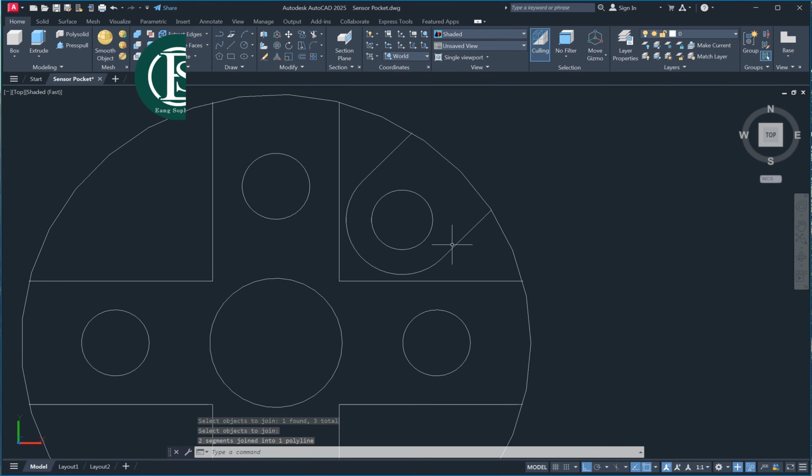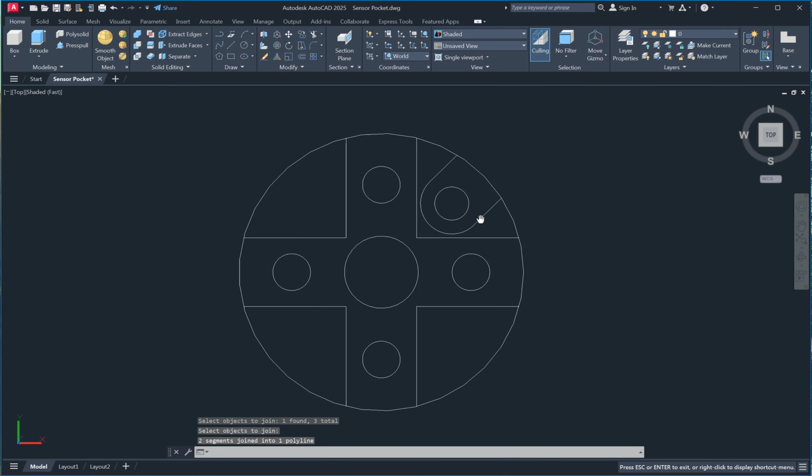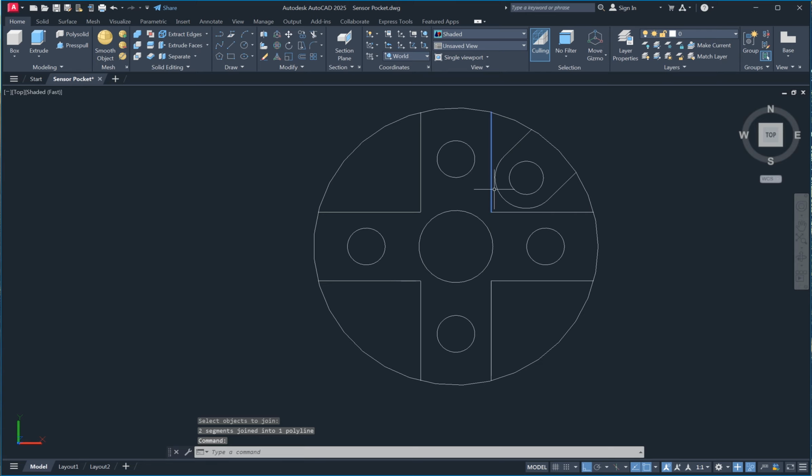It now becomes one object, and then we need to array these two objects to here, here, here. So AR, array, enter, select object, select these two objects, enter.